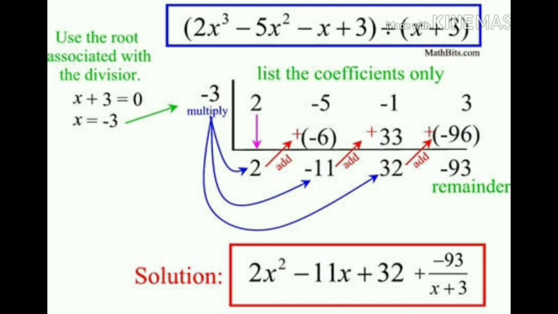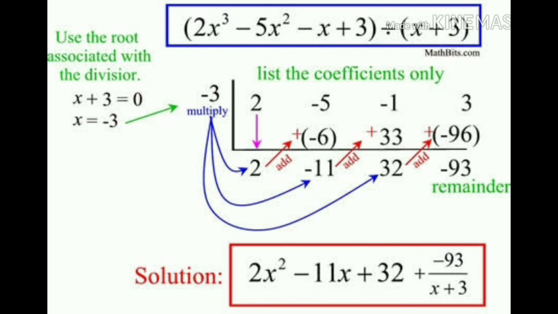You will start by bringing down 2, the first coefficient, and you start by multiplying your root, which is negative 3, to 2,